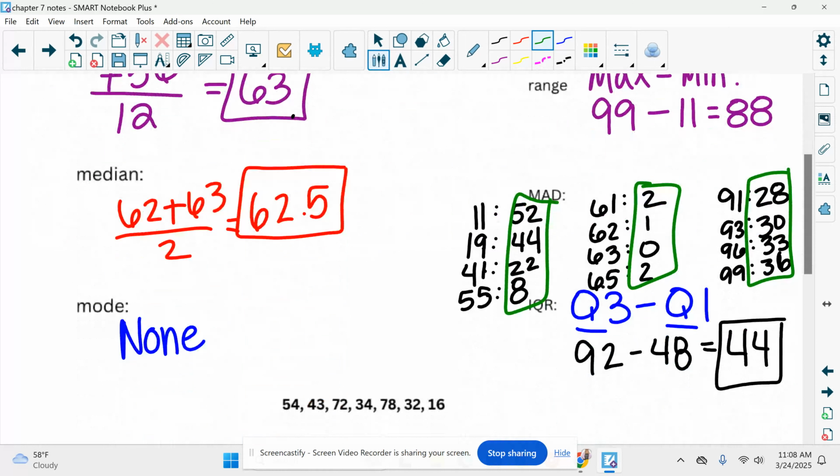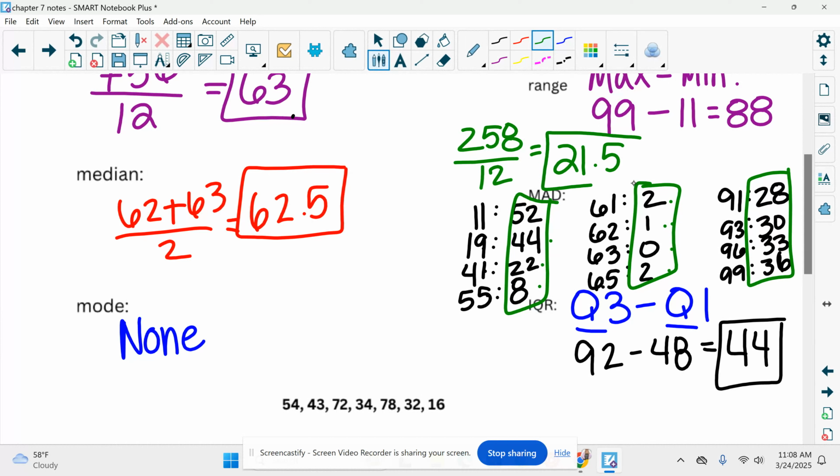Divide by how many numbers there are. And how many numbers are there? 12. So I add all these numbers up and then I divide it by 12. So when I added it up, I got 258. I'm going to divide it by 12. Gives me